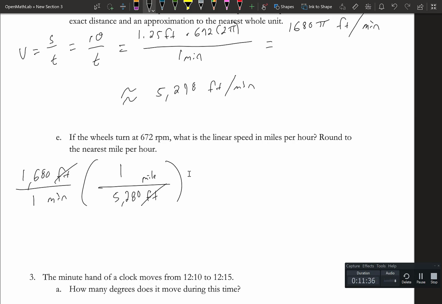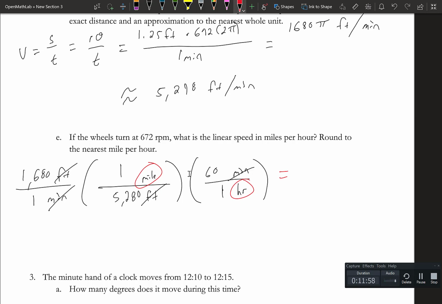So I want to turn the minutes into hours. Minutes is on the bottom, so I want to put minutes on the top. So there are 60 minutes in 1 hour. So this cancels the minutes. So you can see what we're left with is miles per hour. So multiplying straight across and simplifying,